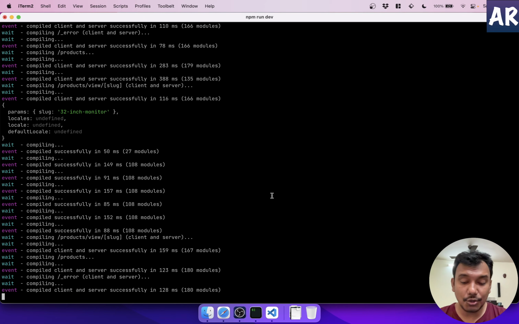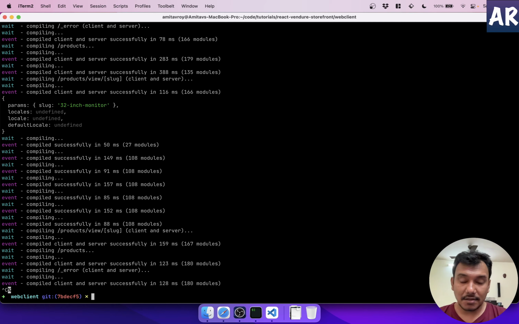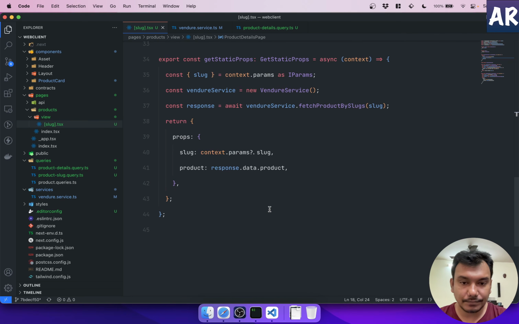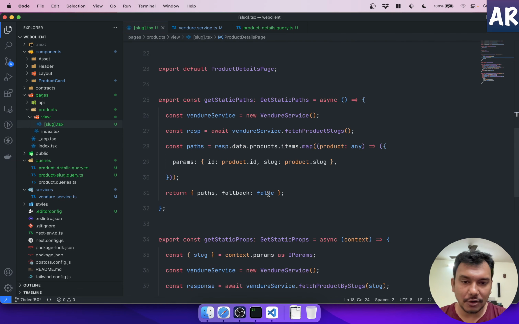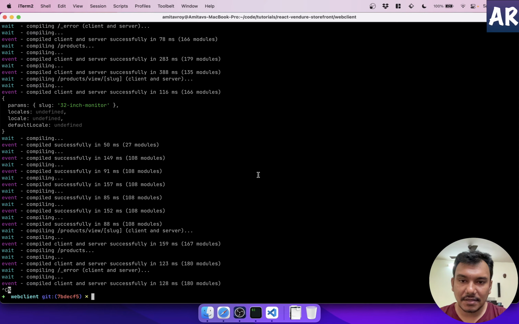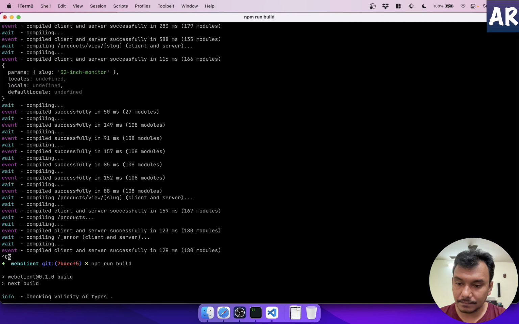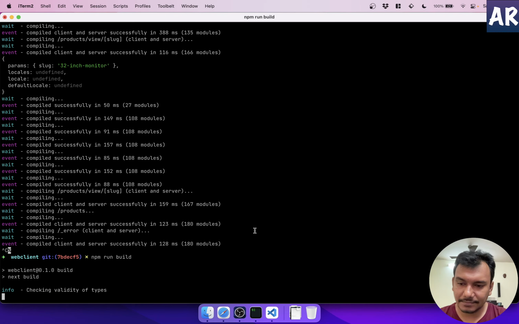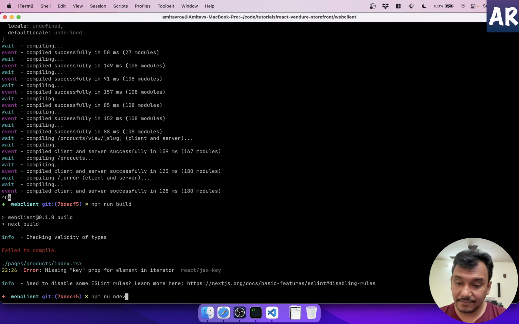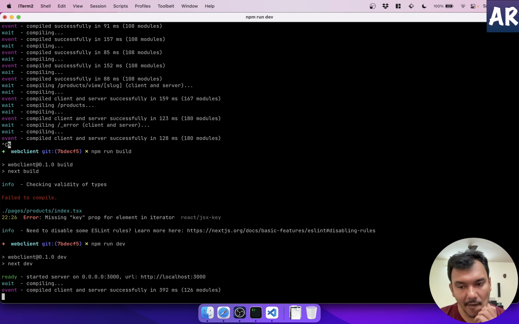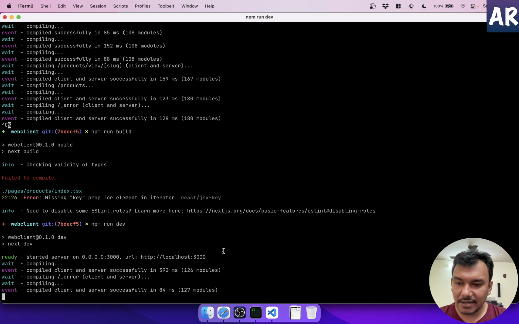Now, one thing which I would like to show you is that this is a code, and what will happen is something very interesting when we do a build. Okay, so this is fallback false and stuff like that, correct? Now, what if I do npm run build? Okay, before that, actually, stop. npm run dev. Okay, at this point,